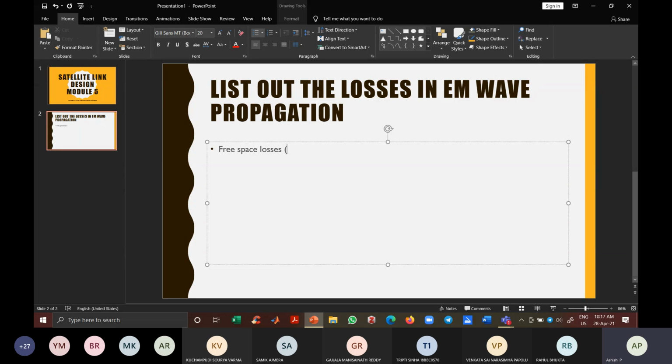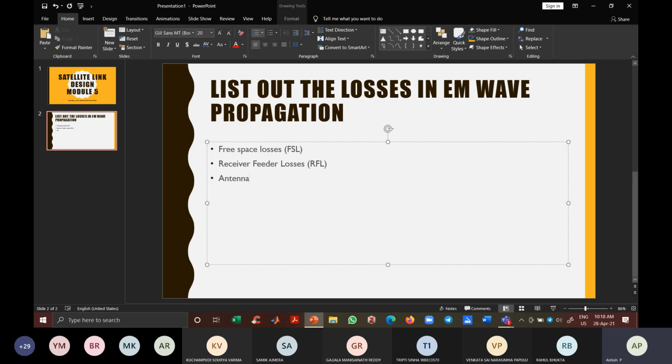Okay, so this module 5 is about the satellite link design. In the link design, we have to determine the amount of signal to noise ratio which we have to maintain, or the amount of transmitted power which we have to radiate from the transmitter, either in the uplink or downlink or both combined. To understand how much power we have to radiate, first we should understand what all the losses are which are going to occur during the propagation or within the receiver. So for that, we have to account for many types of losses.